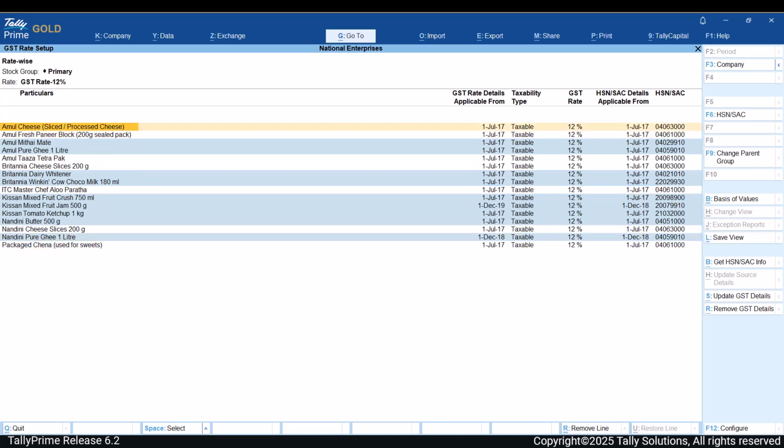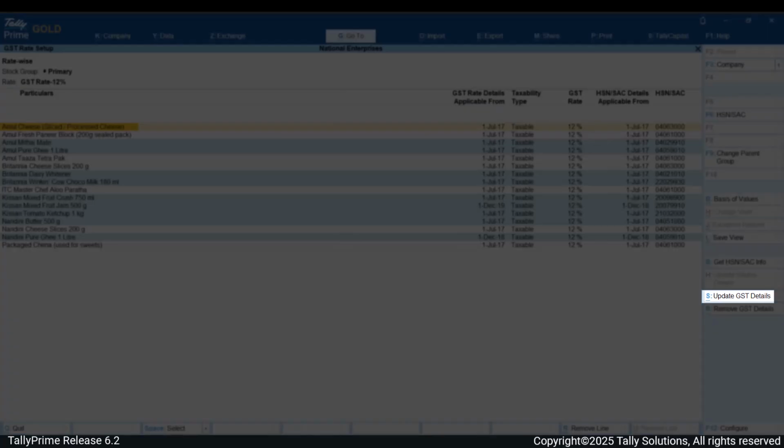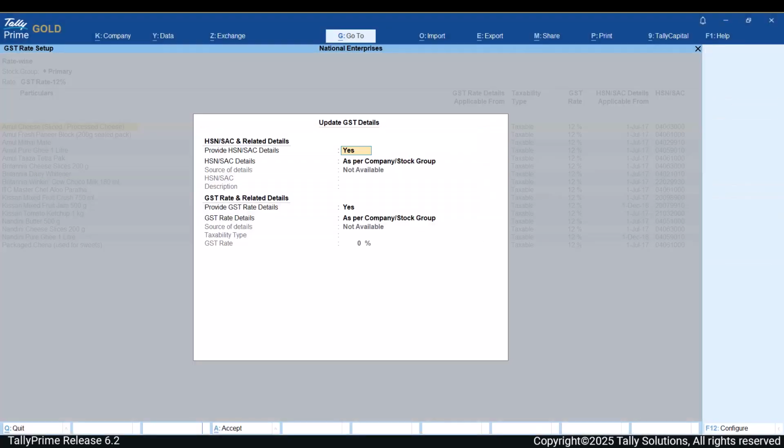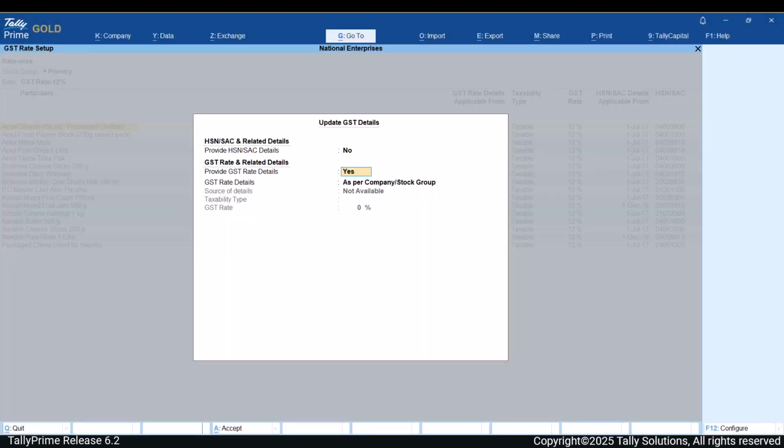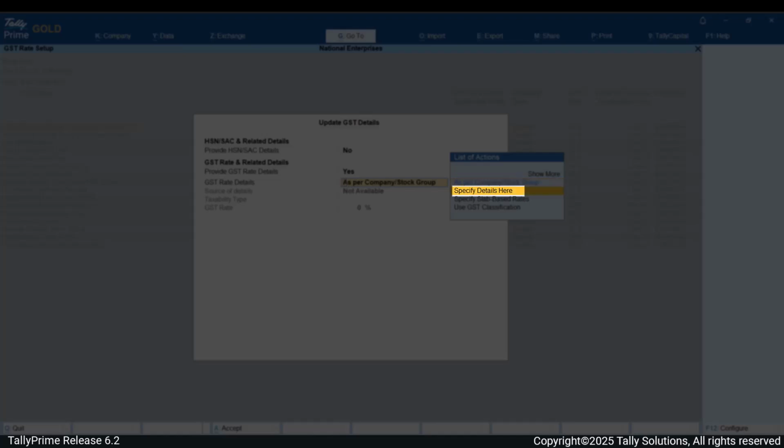To change the rate of selected items, press Alt-S. Set the option Provide HSN SAC Details to No. This ensures that we are not altering the existing HSN details of the selected items. In the GST rate details field, select the option Specify Details here.